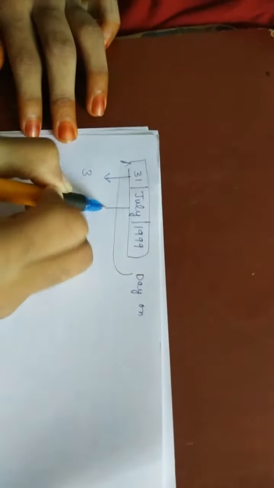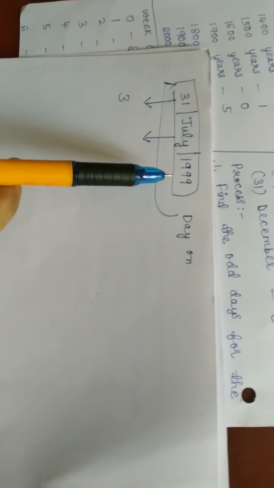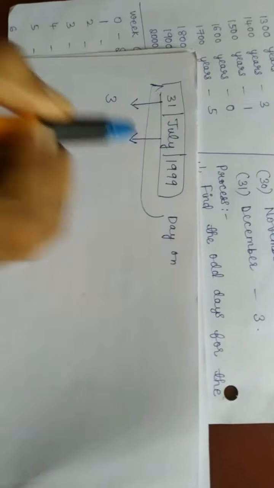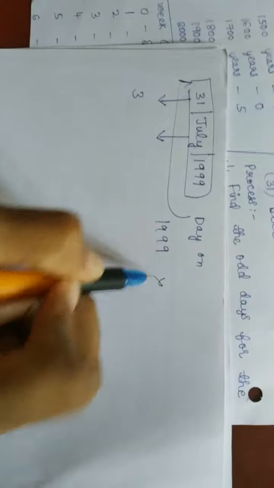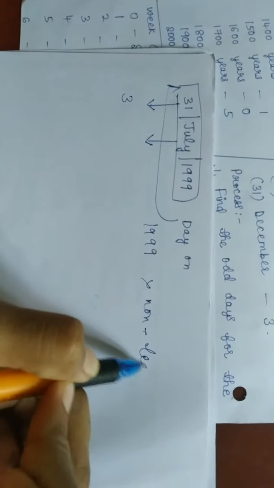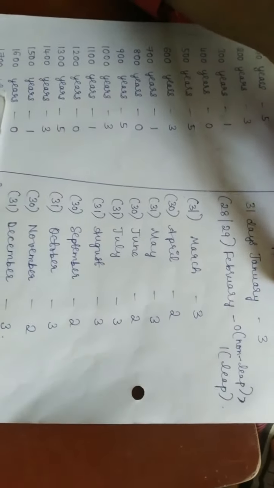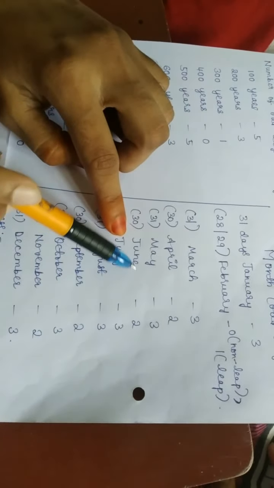And for the month of July, you have to consider the odd days. The odd days for the month of July can be calculated based on the year. First, see the year. Is 1999 a leap year? No, it's not a leap year. So just go through the month odd days as I have already listed above. The month of July is not yet completed. It's still the 31st, so only consider the months before, up to June.